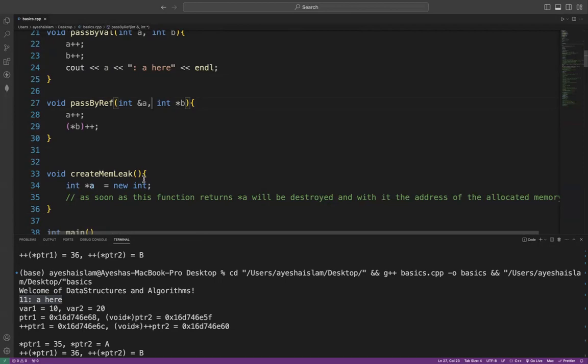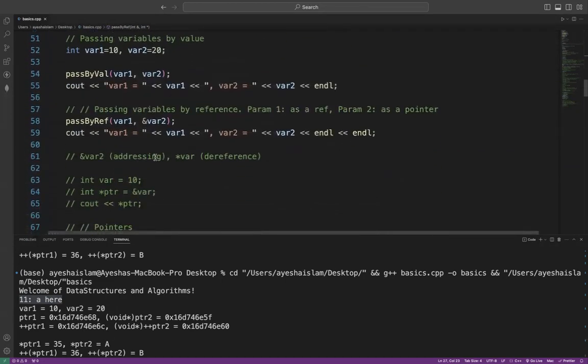So what pass by reference does is it takes into account what changes will be made inside that memory chunk itself. So if we print this out,